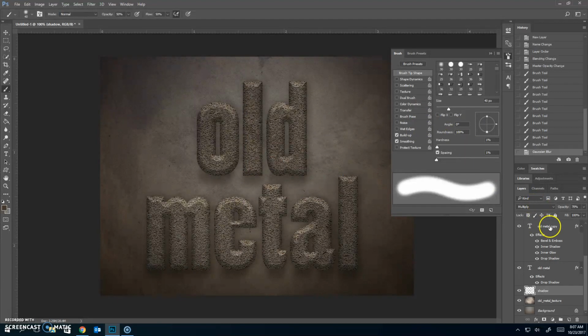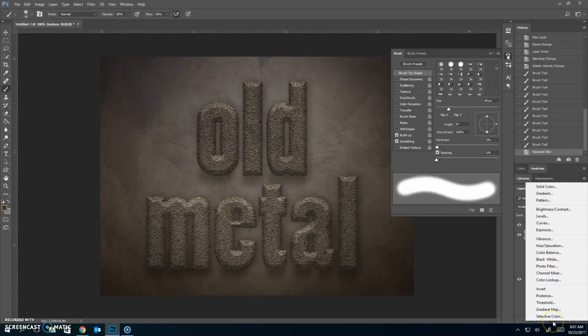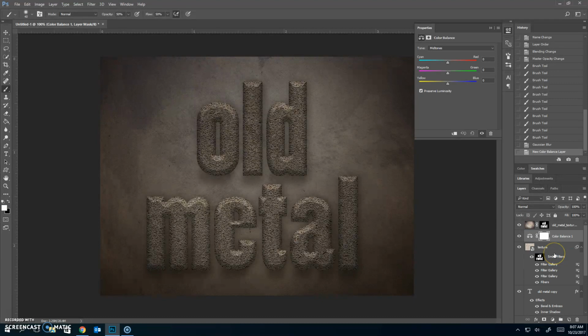Then I am going to go up to the texture layer at the top, and I want to add a fill adjustment layer. Okay, that's the little circle with the white and the black. This one is going to be color balance, and with the color balance we're going to choose highlights,